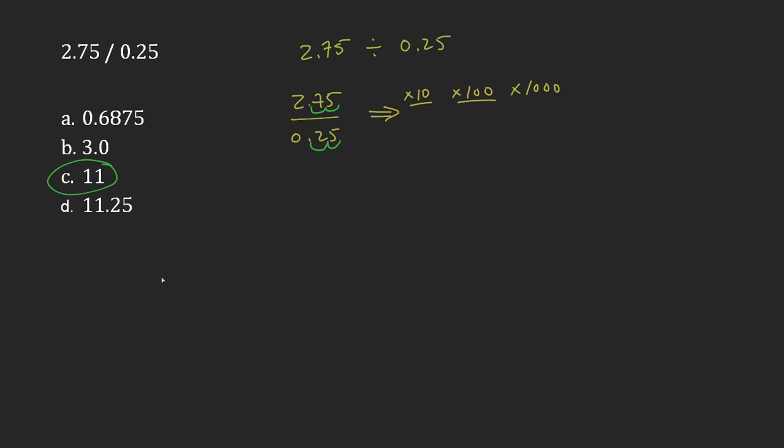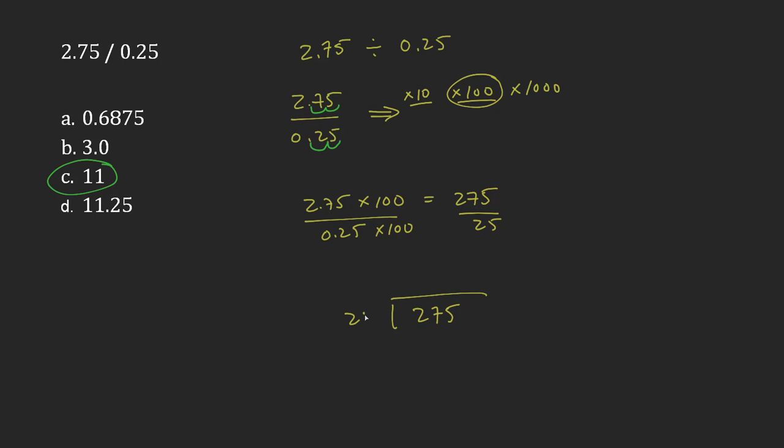Let's try that out. So 2.75 times 100 is going to be 275, and then 0.25 times 100, it has to be the same as what I'm multiplying on the top. Whenever you're changing a fraction, you have to change the bottom and the top by the same amount. So this is going to be 25. So now this is a much easier question that I can solve